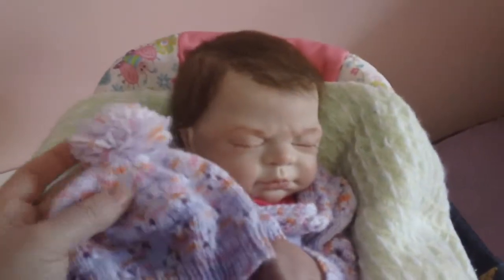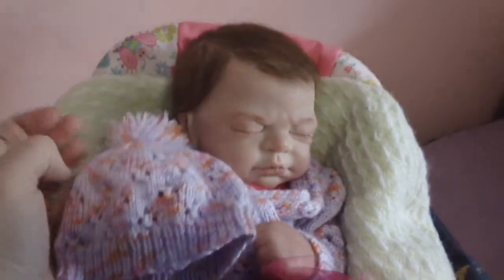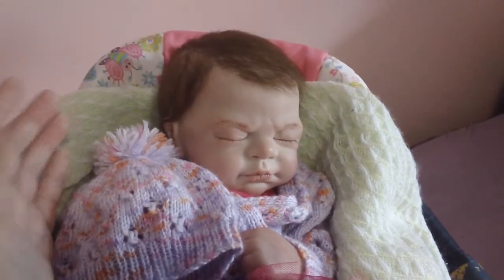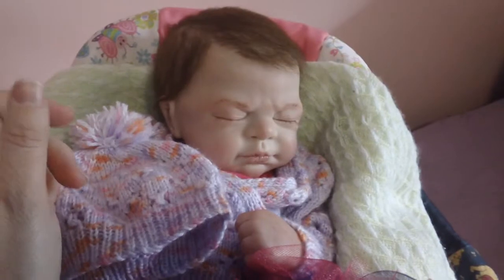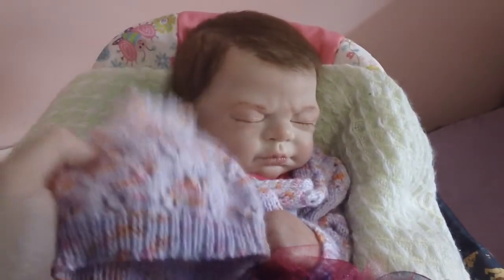Personal choice. You can use woolen, but I'd be careful with how many times you're taking the hat on and off, as it can affect the mohair, not in a bad way, but you know, it can frizz it up a little bit and you have to work with it a little bit more. Sometimes it knots, and so it's just best to take good care of it. But also hats are a lifesaver for